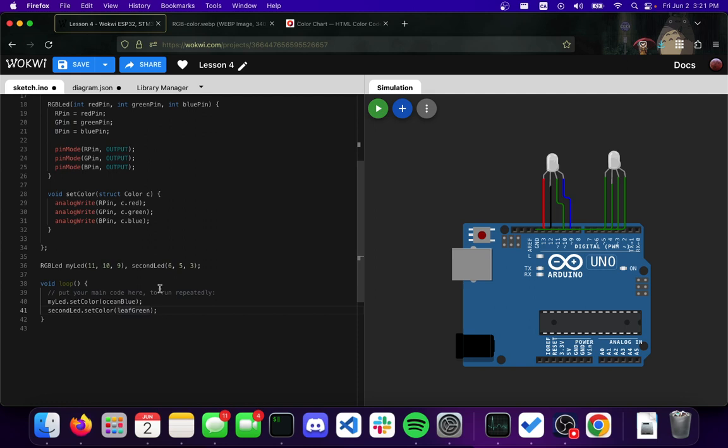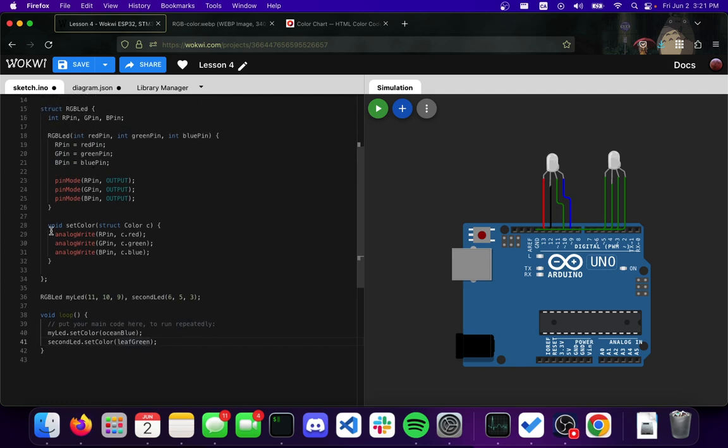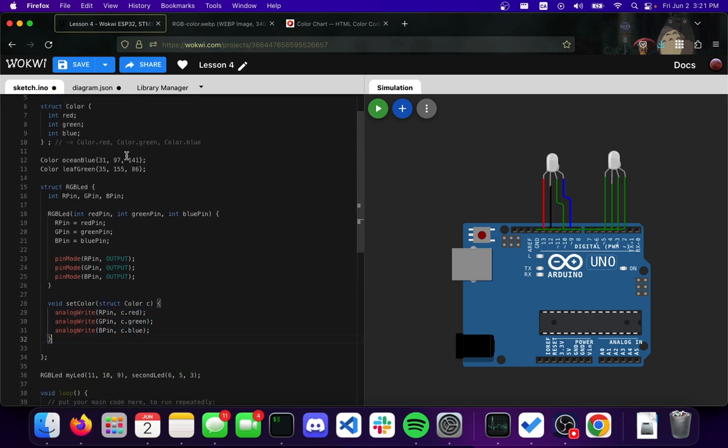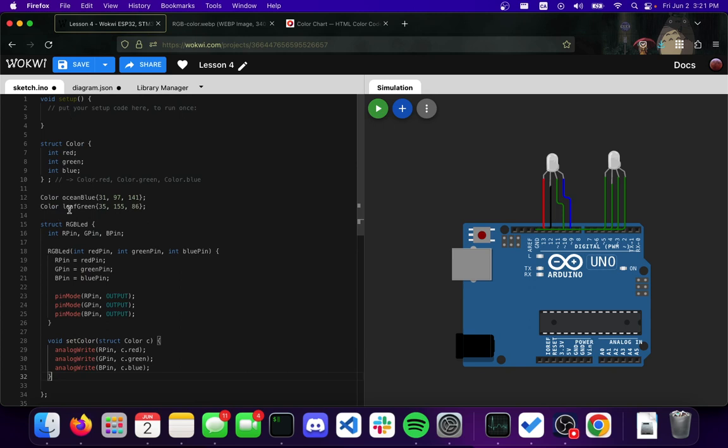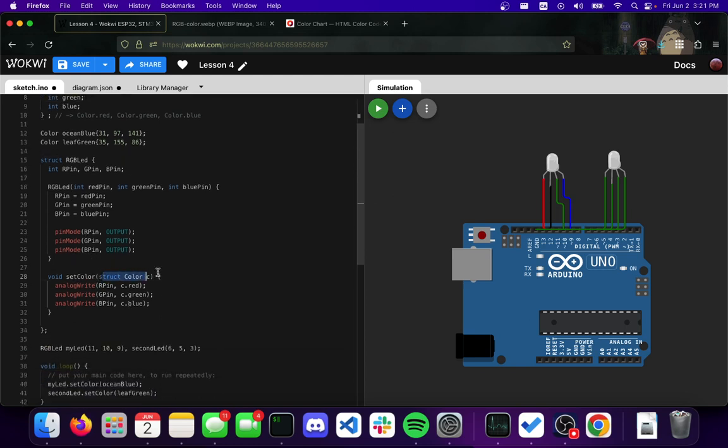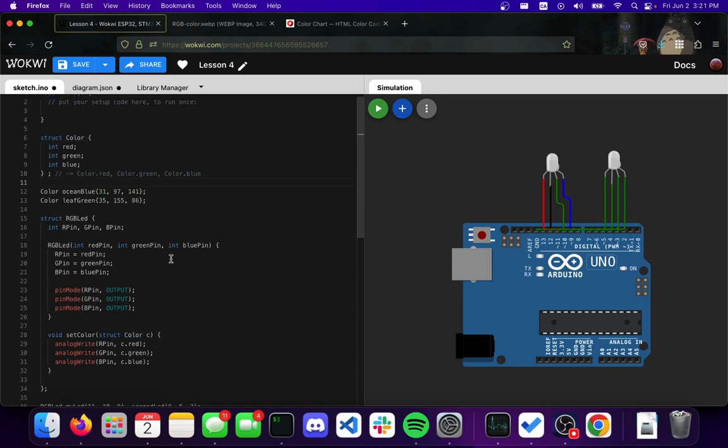To review or recap our sort of topics, a function, such as this one demonstrated over here, is very simply first the return type, the name of the function, the parameters or the different variables that are used inside of the function, and the code for the function itself. A struct is a special type of variable, just like an int variable that you see over here, but we've bundled them all together with these curly braces, and we give it a name. And so we can access that name inside of our variables like this, or inside of our functions like this,